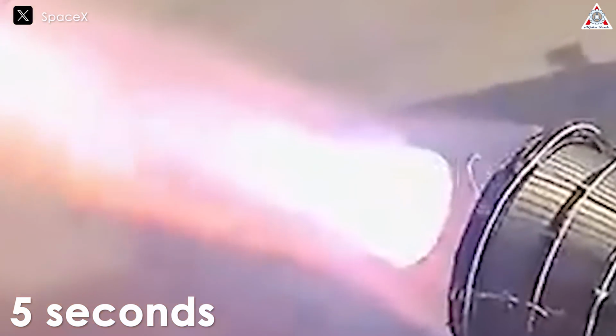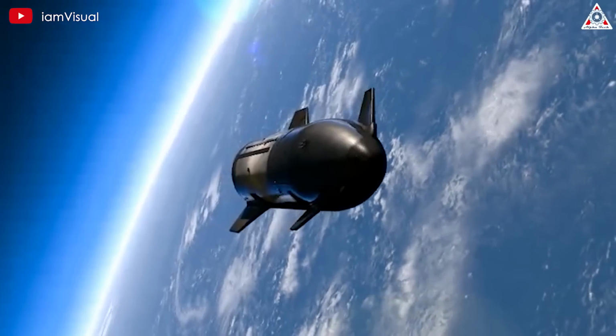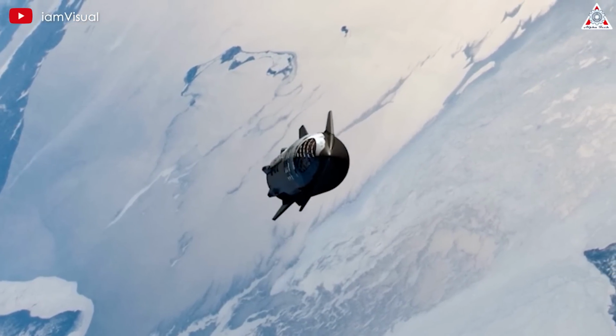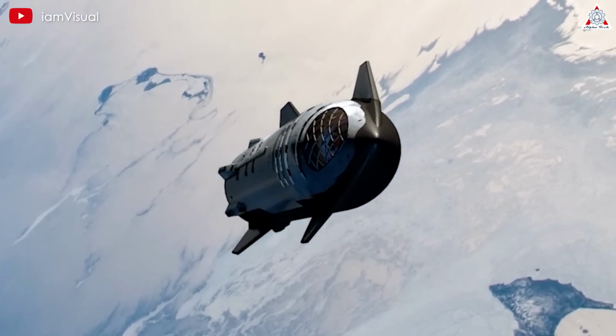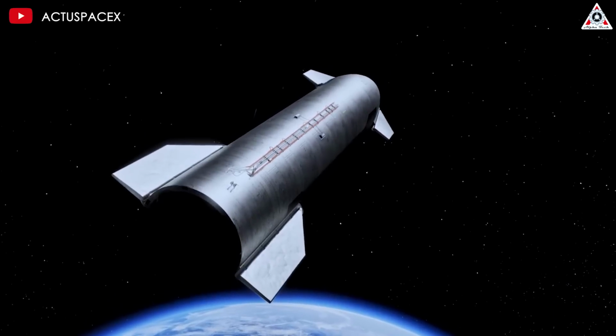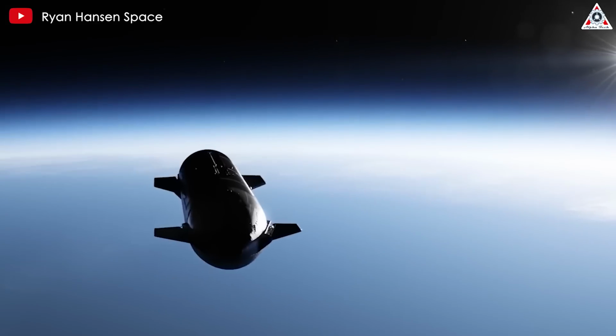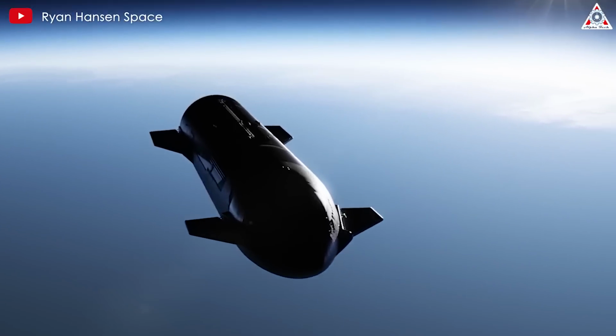However, with Elon Musk's goal for the Raptor 3, SpaceX anticipates an increase of ISP of up to 5 seconds over time. While this might seem small, in the world of rocketry, such an improvement can have big impacts. ISP is a critical measure of rocket engine efficiency, expressed in seconds. It represents the thrust produced per unit of propellant flow rate, effectively measuring how 1 kilo of propellant can produce 1 newton of thrust. Perhaps most intriguingly, Elon stated that the Raptor 3 is getting close to the limit of